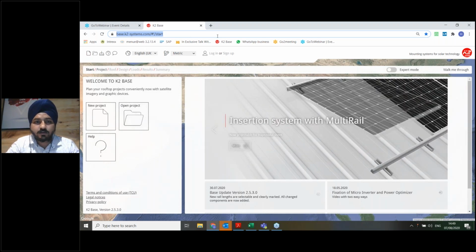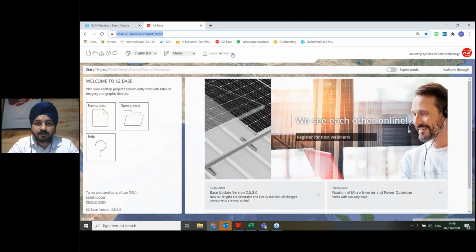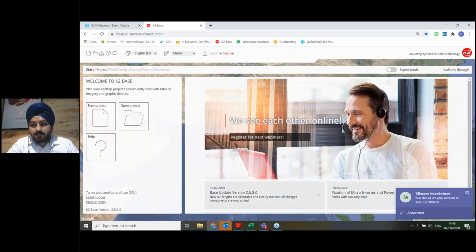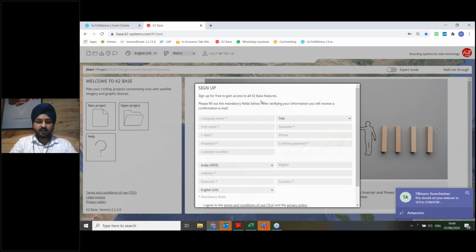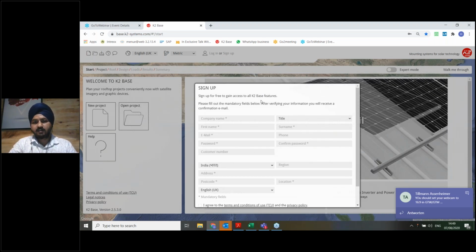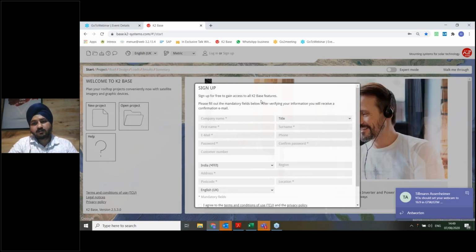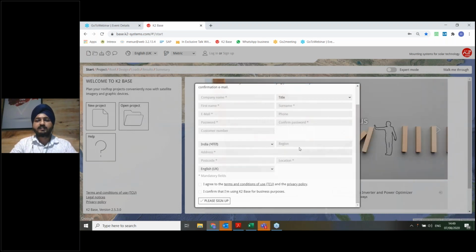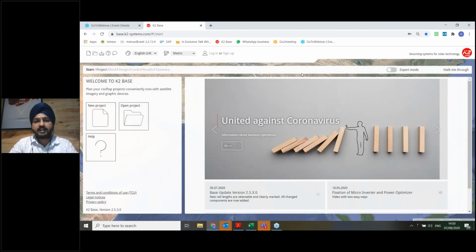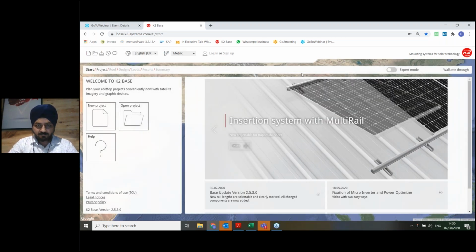To do that, you basically need to click on the sign up button here, and quickly fill in this very simple basic information, which will take less than 60 seconds. You just fill this information in and submit it. Once you submit it, we normally approve your account within 24 hours, and you will get your own username and password. So very simple, ladies and gentlemen.